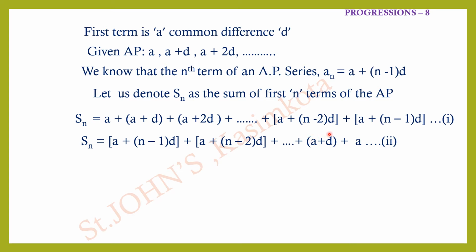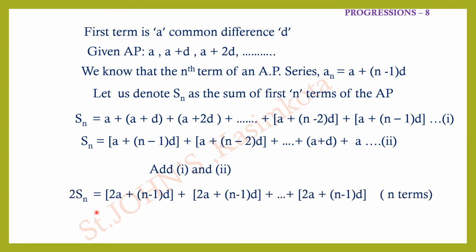Now, what do you observe? Based on the earlier question, 101, 101, 101, how many times? 100 times. Similarly, here 2Sn equals 2a plus (n minus 1) into d, plus 2a plus (n minus 1) into d, plus 2a plus (n minus 1) into d, and so on. So 2a plus (n minus 1) into d is written how many times? n times, where n means the last term. Okay, let's move on to the next step. Add 1 and 2.